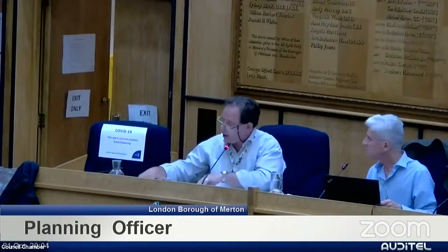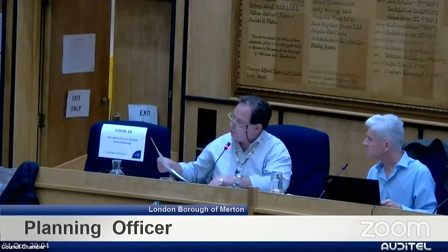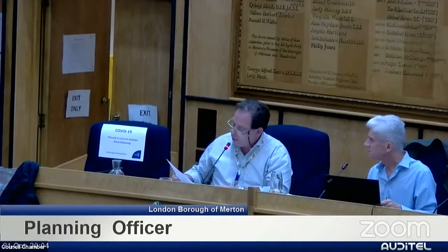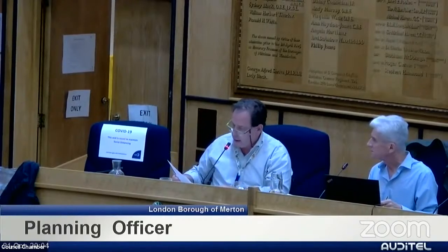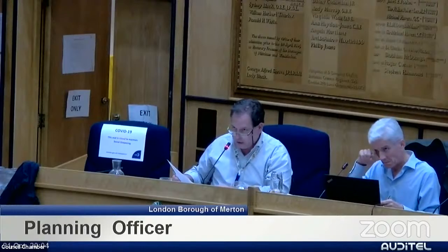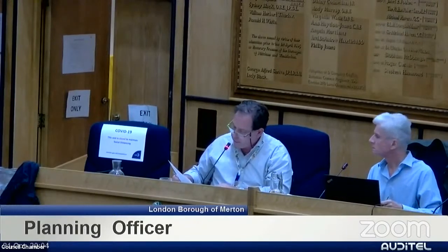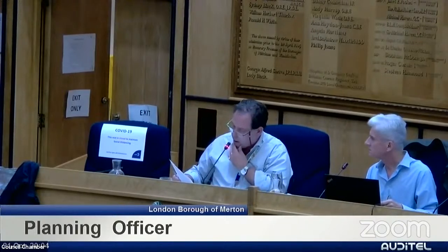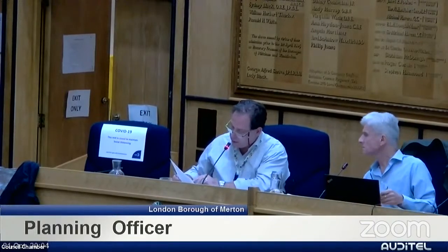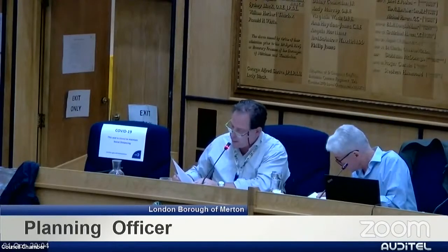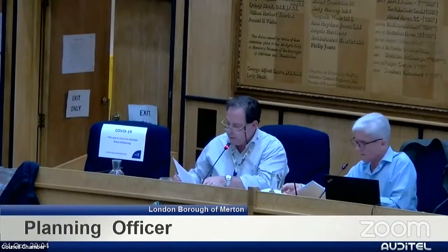On the issues of the BRE, you will note in the report, it does go into it in quite some detail. Some elements are 100% compliant, so they're not misleading on that, but there are varying parts within it. For example, it says for sunlight, the results are fully BRE compliant, but on other elements, especially for 32 Mill Road, there would be some reductions in the visual sky element.